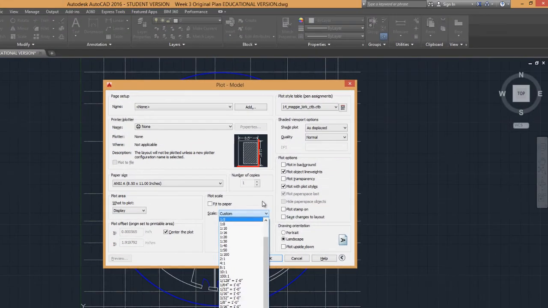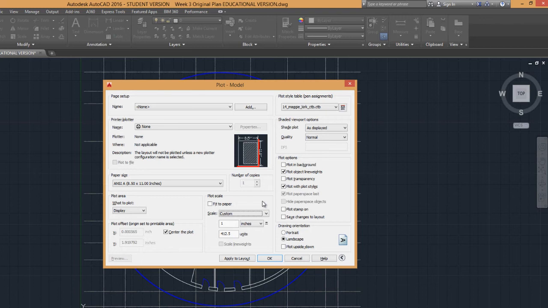So what we want to do is we want to create a CTB file. That's a color-dependent plot style table, and it stores the information needed in order to plot our drawings with line weights and line color. So for example, you can set your color 1, red, assigned to objects under red layers to plot out with a black line. So note that the CTB files are set up so that the objects with the same color,